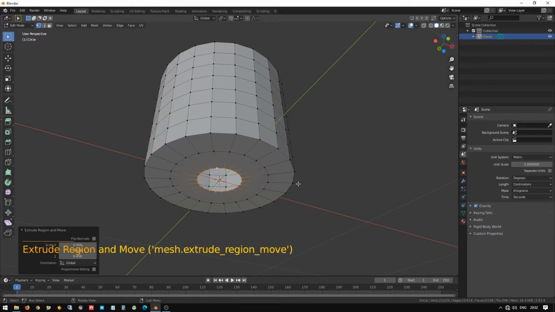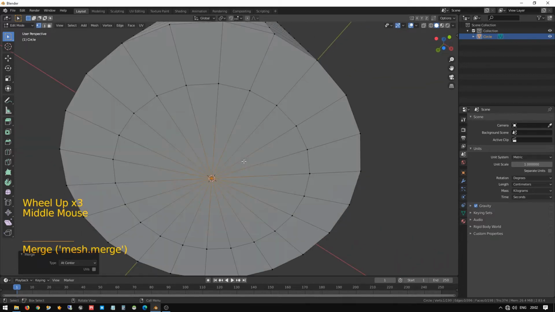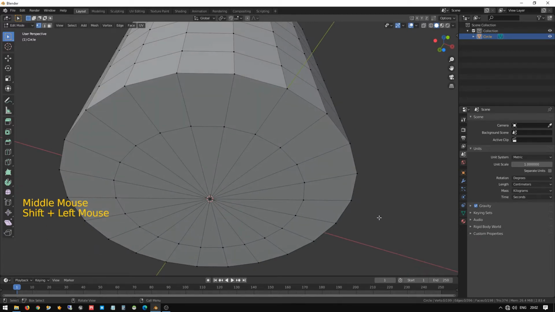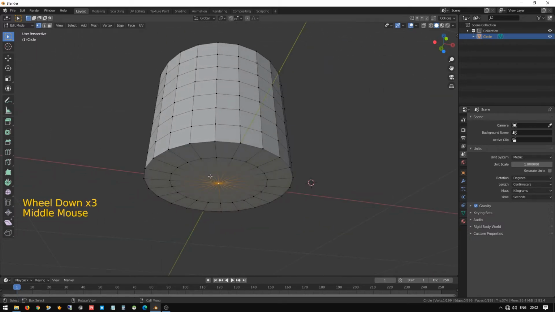To fill this, there is a shortcut: you can merge the vertices into a single vertex. Press M to merge at center. Now all the vertices have become a single vertex. Now we can see the bottom is filled.